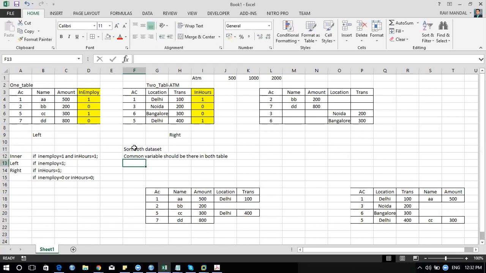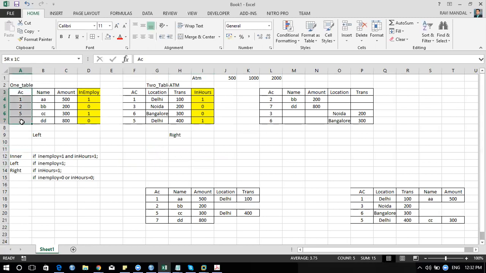Correct? So this is the requirement before doing it. Okay. Sort both data sets, and the common variable should be there in both those tables. Getting it? So this is the requirement while doing a merge.